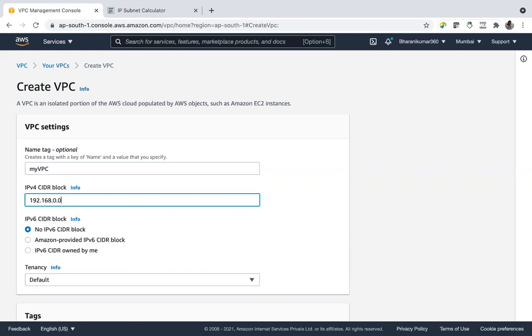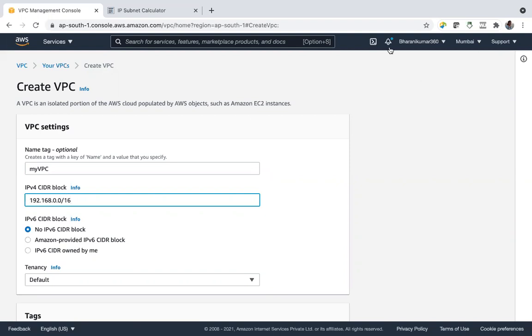168.0.0, and from starting here, what should be the ending IP address? The range of IP addresses, I'll say /16. That means my VPC can assign 64 or 65,000 IP addresses. 65,000 devices can connect to this network. /16 means that is my range.